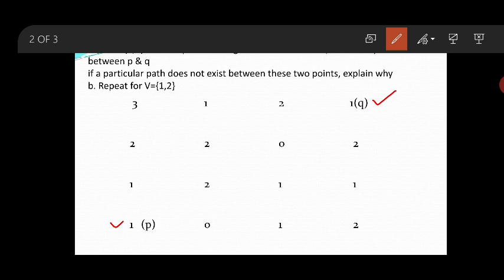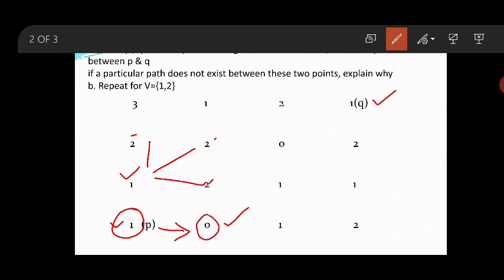Now, which are the adjacent pixels for this one? 1 and 0. You can't choose this way, this way, this way, because there is no connectivity for these pixels, as they are not from the vector v. All the way I will choose this condition. Now you reached this pixel. Check its adjacent pixels. In 8-path you check its diagonal pixels also. Which are the diagonal pixels? This one, this one, and this one.